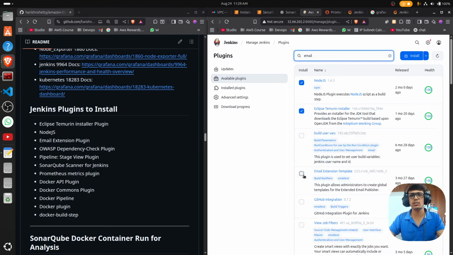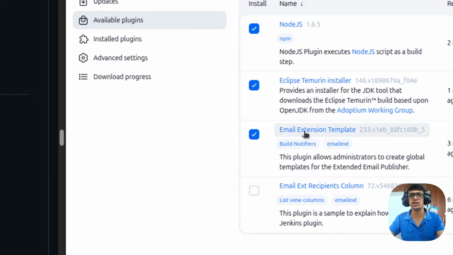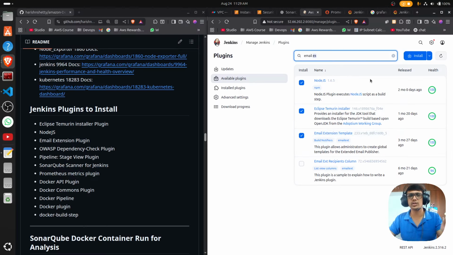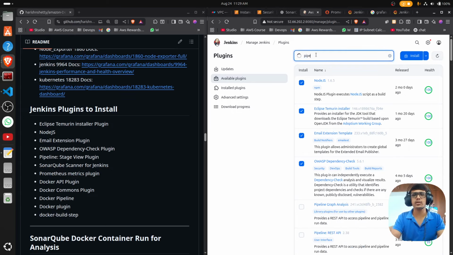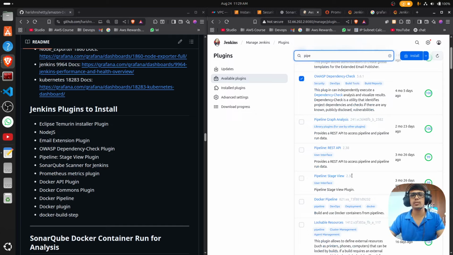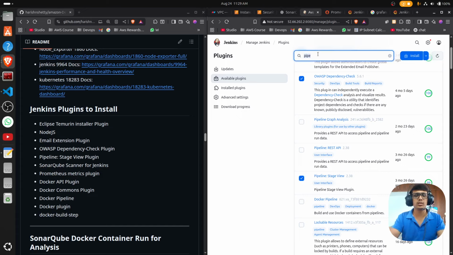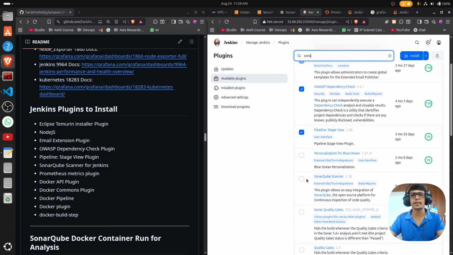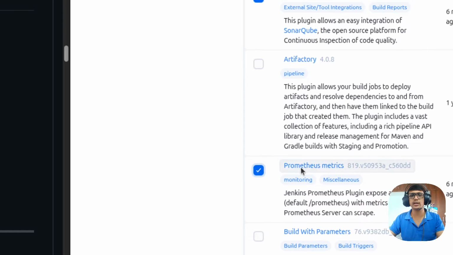Node.js, Eclipse, email extension template plugin. Okay, you select this one, email extension template. This is for the Gmail notification purpose. And OWASP, pipeline view, pipeline stage view, this one, pipeline stage view. And SonarQube, sonar scanner. Okay, and Prometheus metrics,